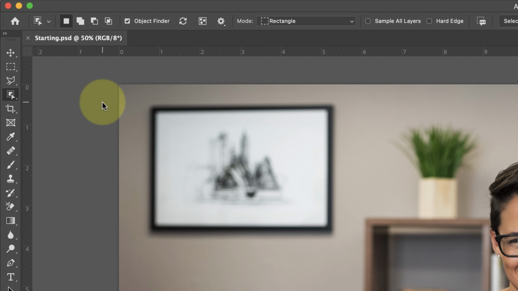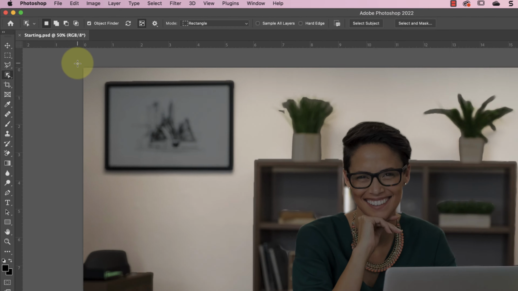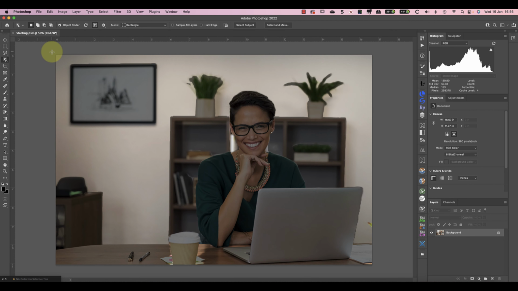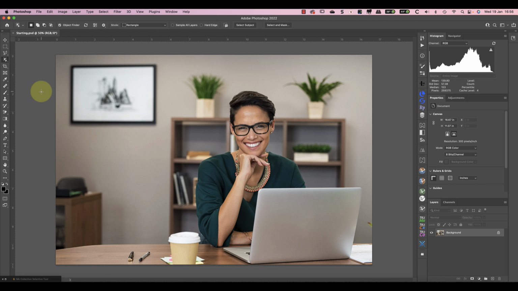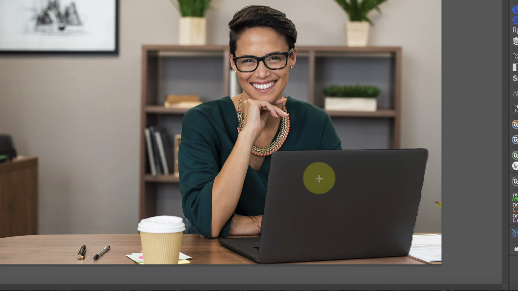When the analysis is complete, you can see the objects Photoshop's found by clicking the Show All Objects icon. You then see a dark overlay appear on the different objects. Let's turn that off now by clicking it again because there's another way. By moving your mouse over the image, you can highlight the individual objects. If I move my mouse over the laptop in the image, it turns dark because Photoshop recognized it as an object. I can then click to select the object and Photoshop converts it into a selection.